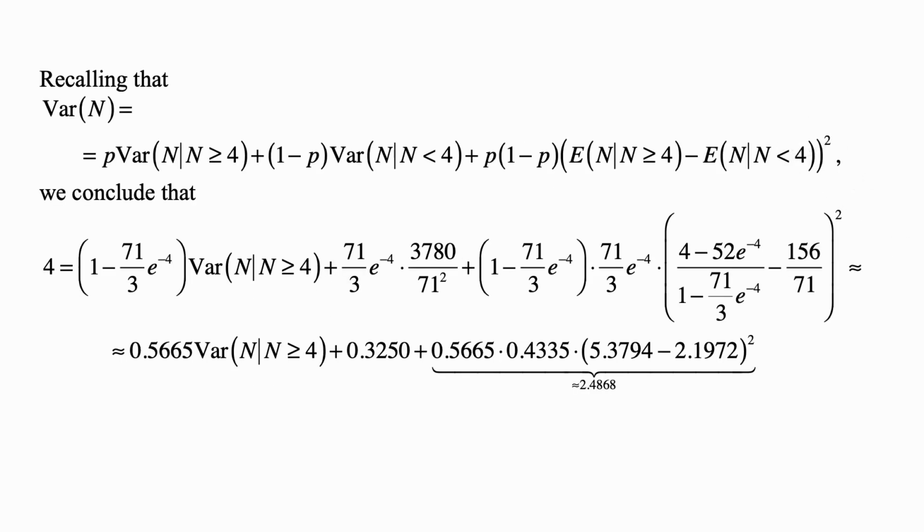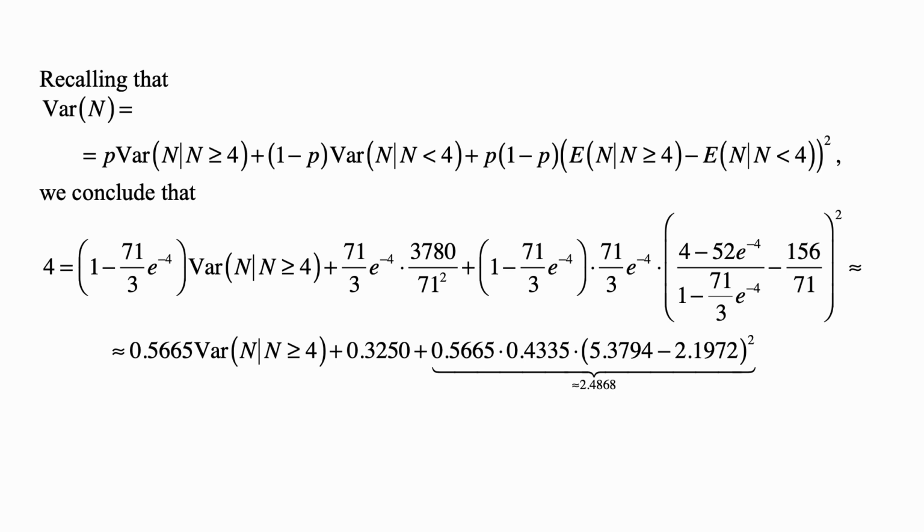And now we bring it all back to this equation that said that variance of N is p times variance of N, given that N is greater than or equal to 4, plus 1 minus p times the variance of N, given that N is less than 4, plus p times 1 minus p times E of N, given that N is greater than or equal to 4, minus E of N, given that N is less than 4, that difference squared. So 4 is the variance of N. P times variance of N, given that N is greater than or equal to 4, is 1 minus 71 over 3 times e to the minus 4, times the variance of N, given that N is greater than or equal to 4, which is the quantity we're looking for,